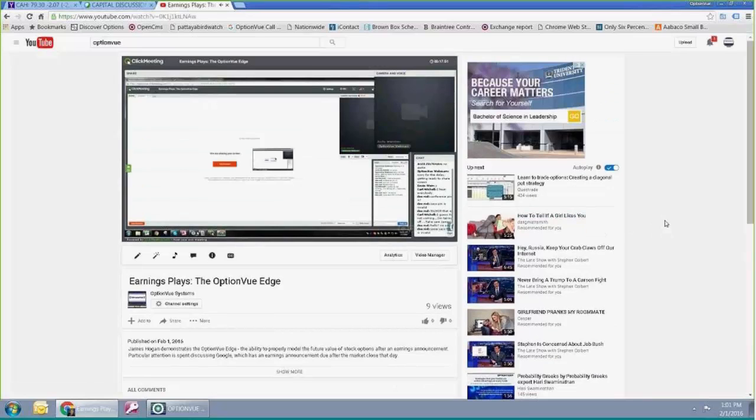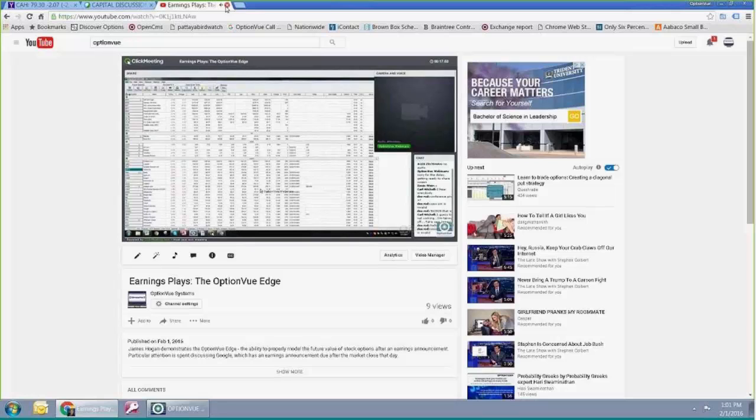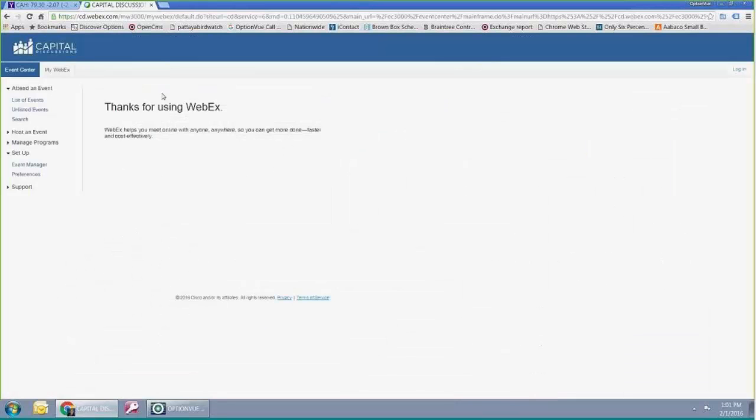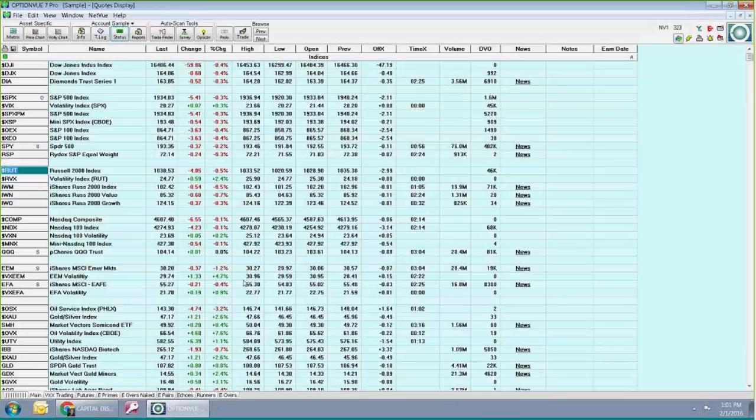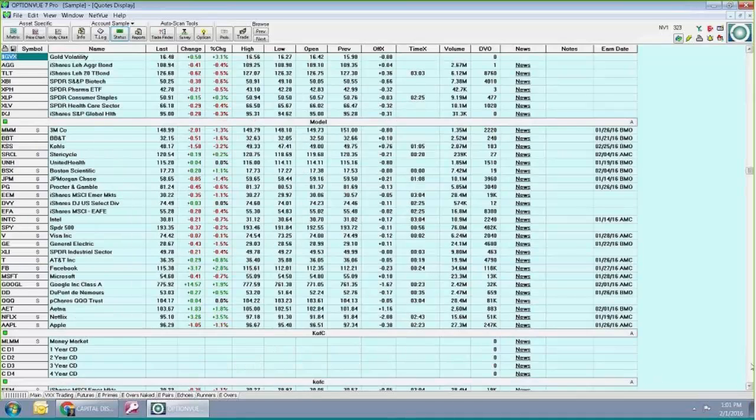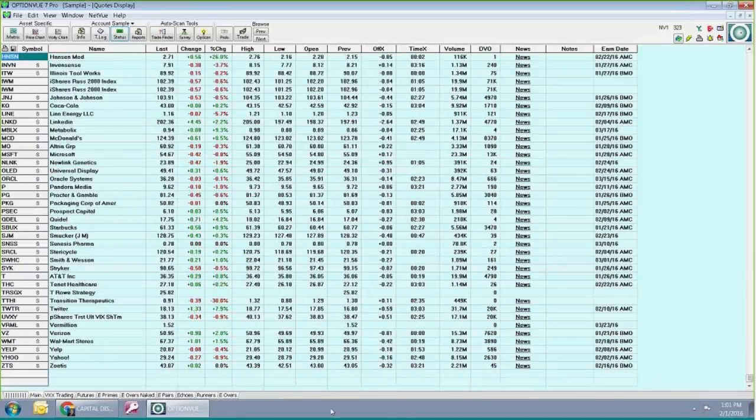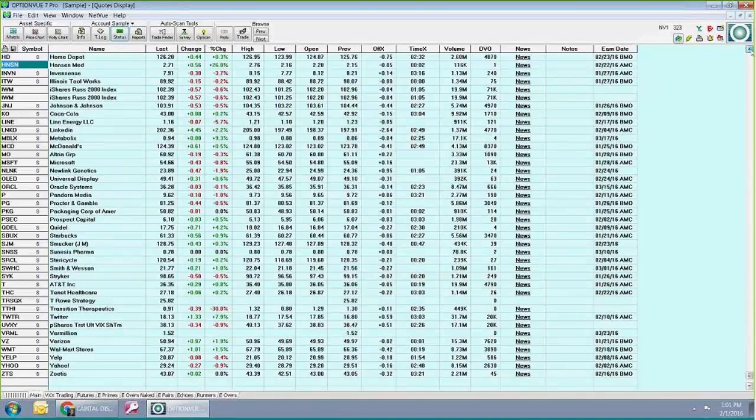We do have an earnings play module, which is an additional add-on. His focus is really, though, on the modeling in OptionVue. I think the last year and a half since we've incorporated the Johnson model, that's one of the biggest features of OptionVue. Of course, it doesn't help people who trade indexes, but I think I'll just start with that, because there's a lot of neat tools for it.